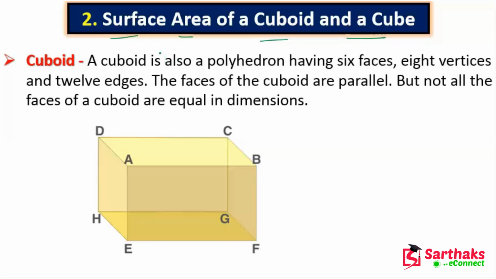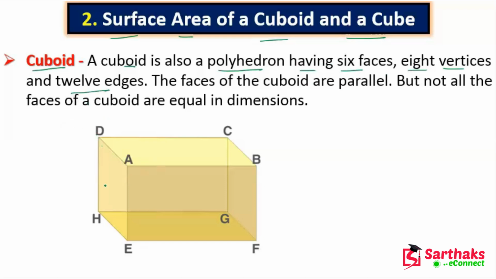So first of all, let's see what is cube and cuboid. My dear friends, cube and cuboid are three-dimensional figures, as we know that. They consist of 6 faces, 8 vertices and 12 edges. So now let's see first of all cuboid. What is cuboid? A cuboid is also called a polyhedron, having 6 faces, 8 vertices and 12